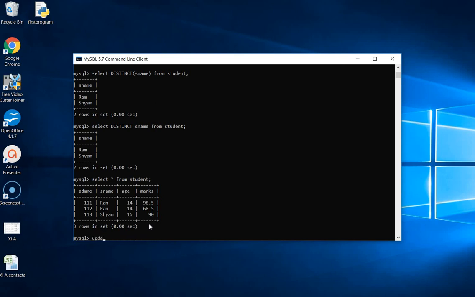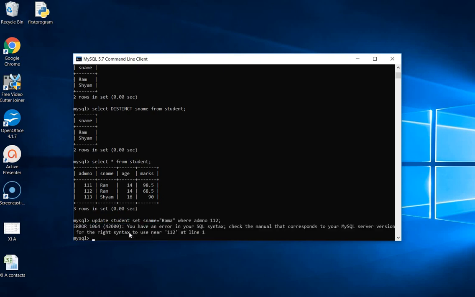Likewise, if we update something in the table, update, table name is student, set what change I am going to make. I am going to make a change of S name equals to Rama, because by mistake I left it as Ram, where ADMNO, you know the record admission number is 12. So I am going to make an update in a record or set of records. So it is about dealing with records, either insertion of record, deletion of record, selection of record, or updation of record. The commands which are doing these jobs fall in the category of DML commands.